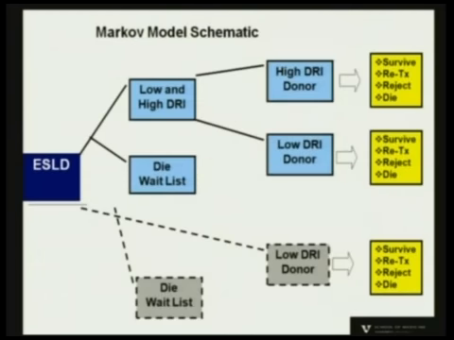This is the complete Markov model in all its complexity, and then a more simplified schematic. So again, patients with end-stage liver disease are either, in our model, put through a scheme which uses both low and high DRI organs, and then move through the transition states, or a low DRI only,